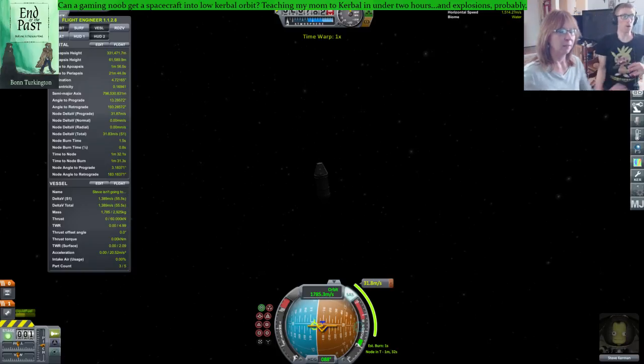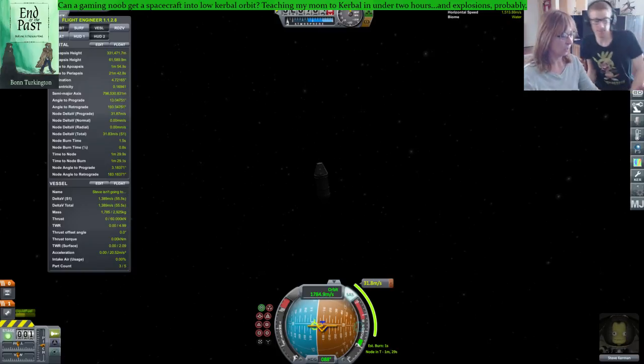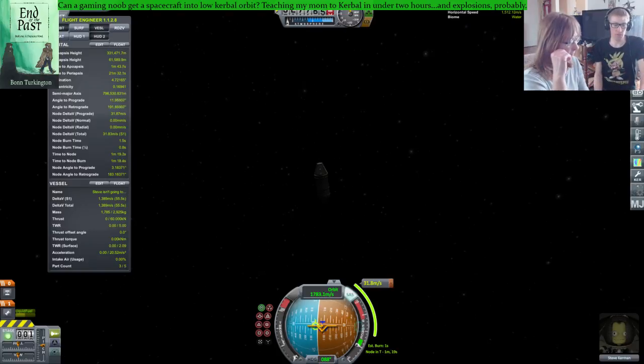Okay, so what you want to do is as we approach, make sure you're pointed at it, right? Which we are. Okay. And as we get within like 5 to 7 seconds, start using your throttle, although don't full throttle. Do not full throttle. Shift is full, control is... Okay. So once we get close there...